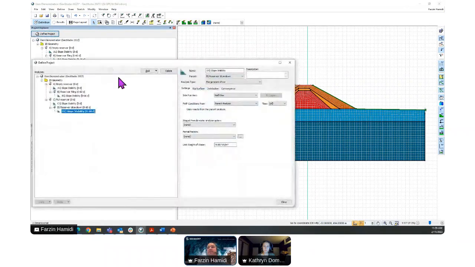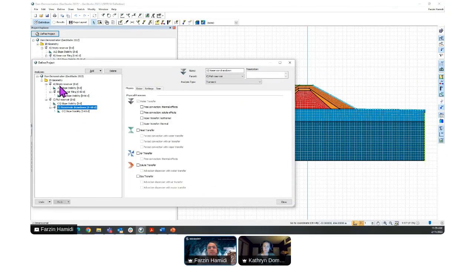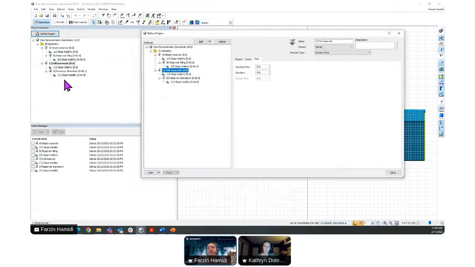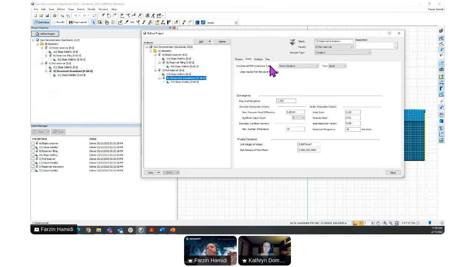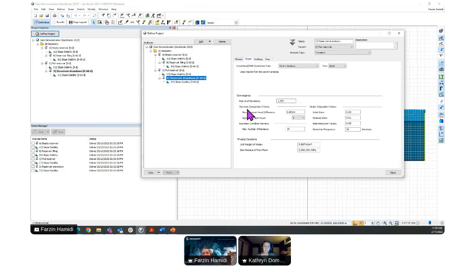So we do have some adjustment in a convergence window here. So you can simply go to the CW analysis. For example, let's get to this one as a full reservoir. For this one you will be able to see these convergence settings.